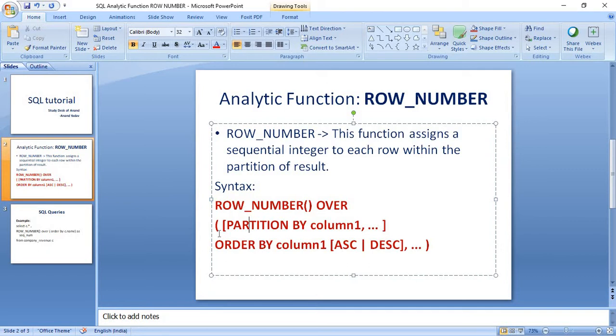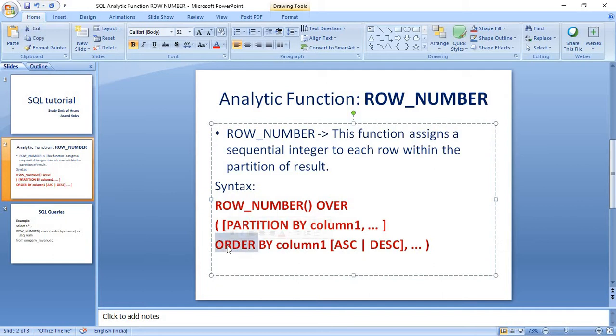And if you wanted to do a grouping operation, we can use the PARTITION BY keyword and provide the column name on which we wanted to perform the grouping.